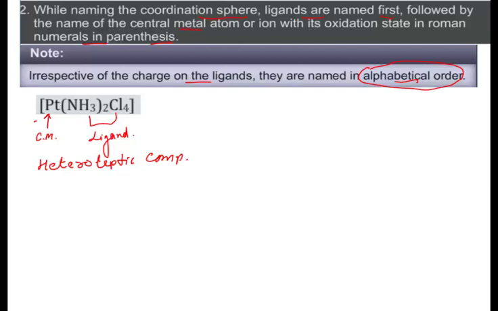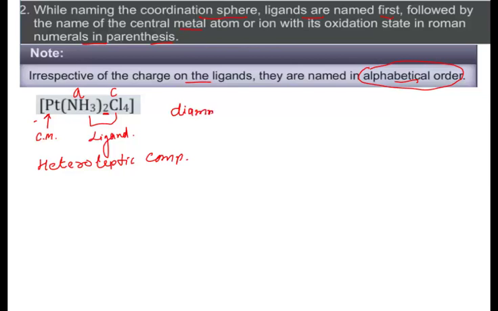Our main focus is how to name this complex. The rule says that first we will name the ligands, and if there is more than one ligand or different ligands, then alphabetical order. So let us name this. This is amine, so it starts with A, and this one is chlorido, it starts with C. So alphabetically A comes first, then C. So we will write this. How many? What's the number? It's 2. So the name starts with